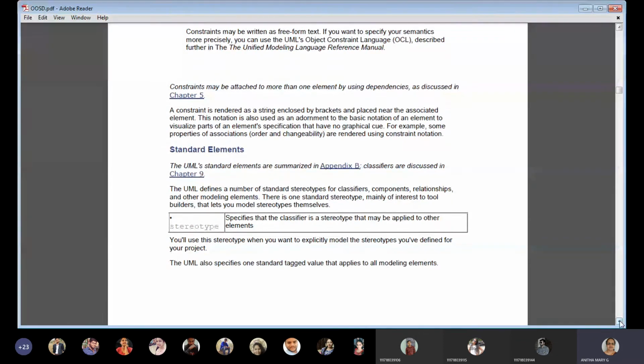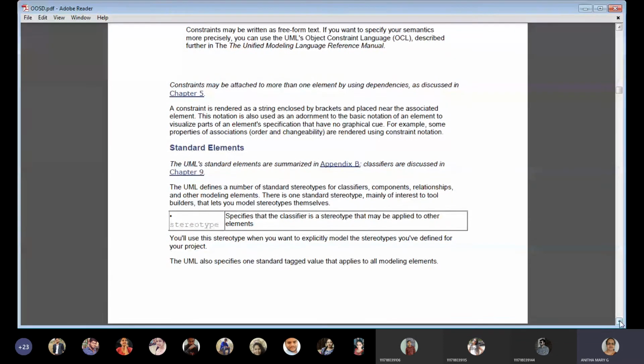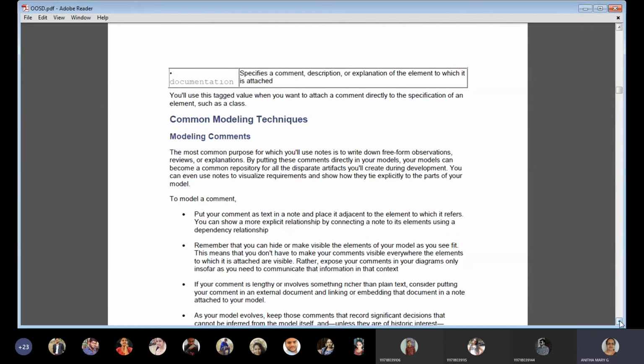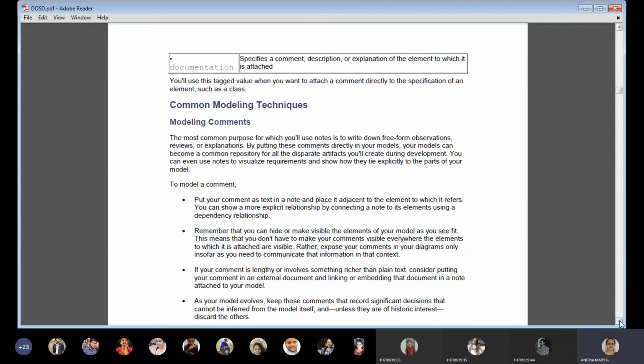A stereotype is something written within square brackets, which we call guillemets, and within that we specify it. That stereotype can be applicable to anything under the basic building blocks in order to give new vocabulary. Okay, the next one is about documentation.